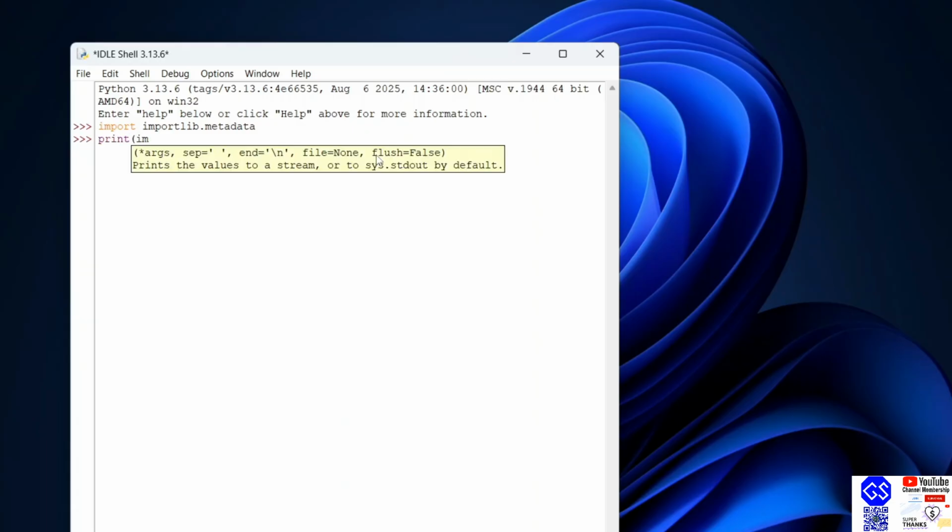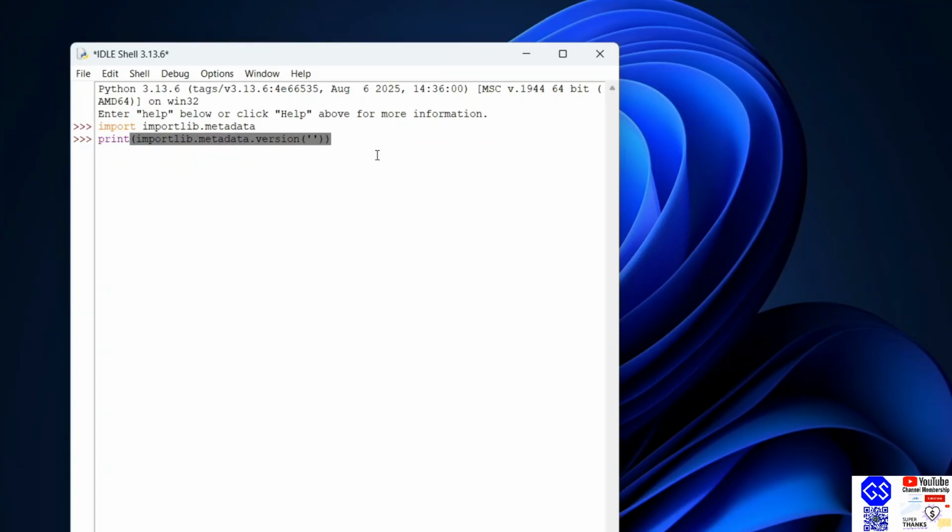So print importlib.metadata.version and then within single quotes just type Seaborn. Hit enter. That's going to show you the Seaborn version on your console. If you are getting this type of prompt, then all that basically means you have successfully installed Seaborn on